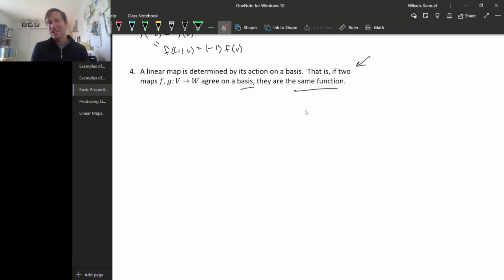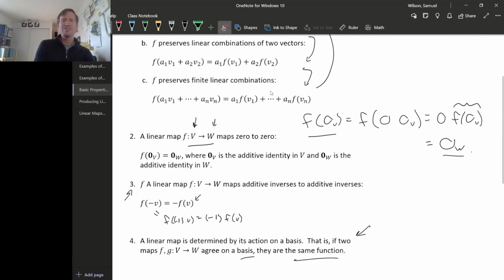This is going to be kind of a key fact that lets us characterize and understand all of the homomorphisms that exist between two spaces, because it gives us some nice way of describing a homomorphism without having to write down the value that it takes on every single vector in the whole space. You only have to write down what it does to a basis for that space, which is going to give us a sort of a shortcut for understanding what a homomorphism is doing. All right, so homomorphisms have these nice properties,